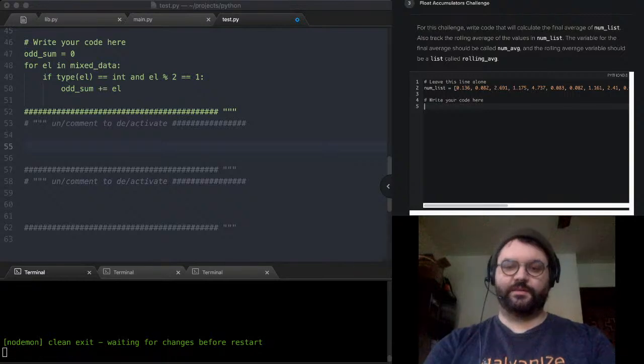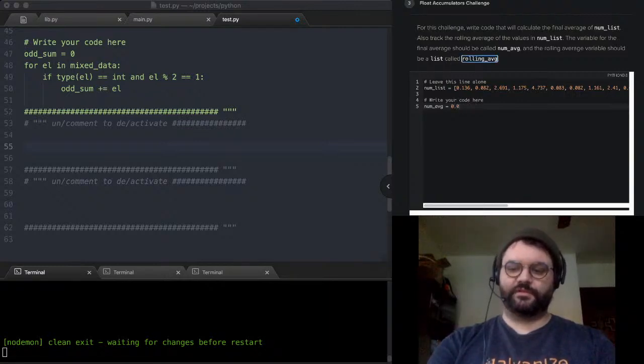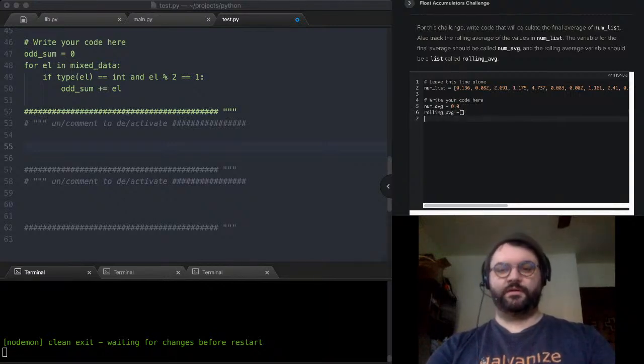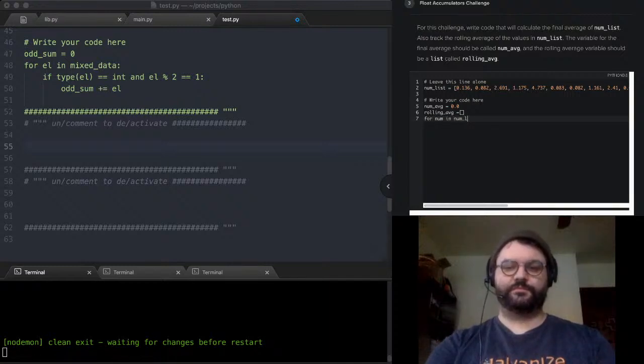Okay, so we got numAverage equals, what is this, 0.0? I guess so. And rolling average equals an empty list. And we'll say for num in num list,